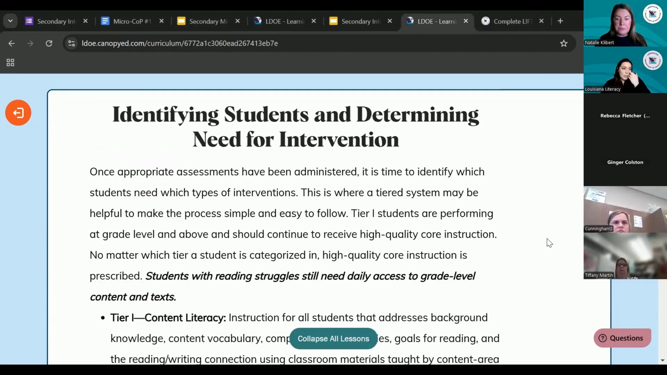Okay, so let's talk a little bit more about that identification process and determining those needs for intervention, and really get introduced to the idea of that multi-tiered system of support that we've been talking about. So once you've administered all those appropriate assessments for those students, it's time for you to identify which students need which types of intervention. So you've done the actual assessment part. Now you need to analyze your data and figure out, what do I do with this information